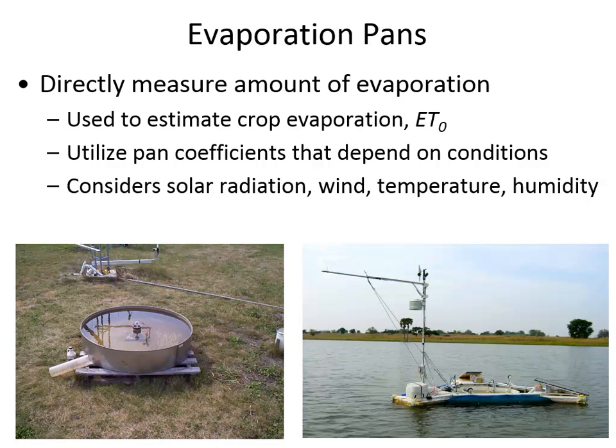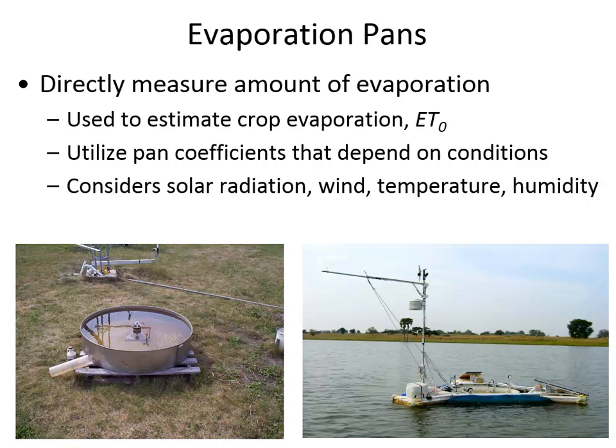Sometimes, rather than using numerical models to characterize evaporation, physical models are used instead. And this is showing a pair of evaporation pans. These are devices where you put a certain amount of water into a pan whose characteristics have been very carefully studied, and they know, for example, the reflectivity of the pan, and based on the color of the metal and what it's made out of, how quickly water is going to evaporate out of that pan under certain